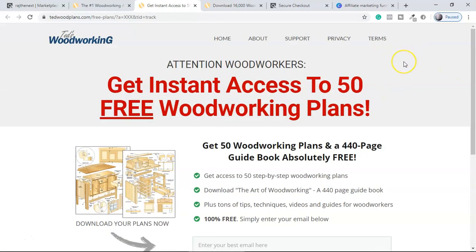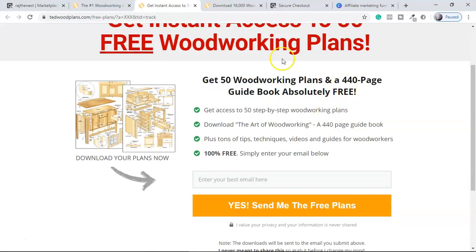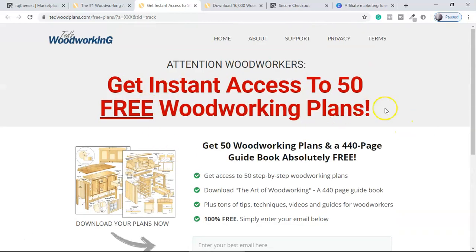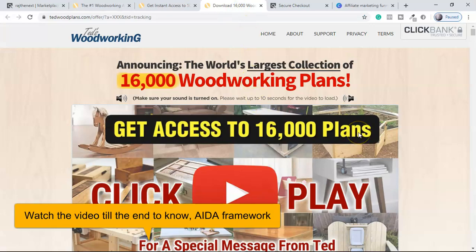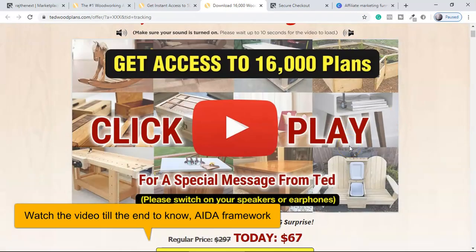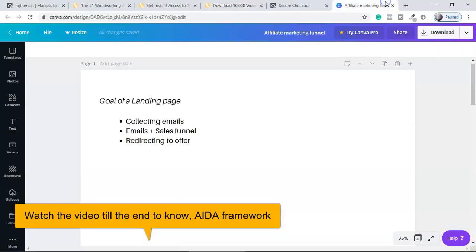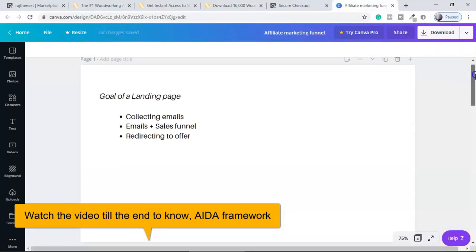That means, guys, whatever landing page you're using, you have to recreate this thing, okay. So they have already given a good conversion landing page idea, but here we are not going to give any lead magnet like this. So my plan is to create a landing page where I just want to collect the emails, but I want to send them to this sales page. So I want to promote this video, and then I want to collect the emails, which I call the objective or the goal of the landing page.